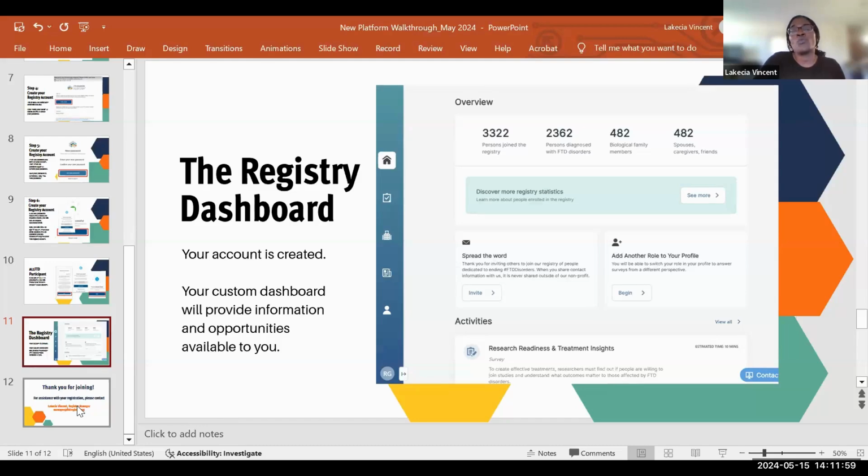Since you were in the older system, you will not get a chance to enter your interests through the registration process. And so that is something that you will do through the dashboard, and I will show you how to navigate all of those features when I walk through the dashboard. At this time, we're going to pause and see if anyone has questions.